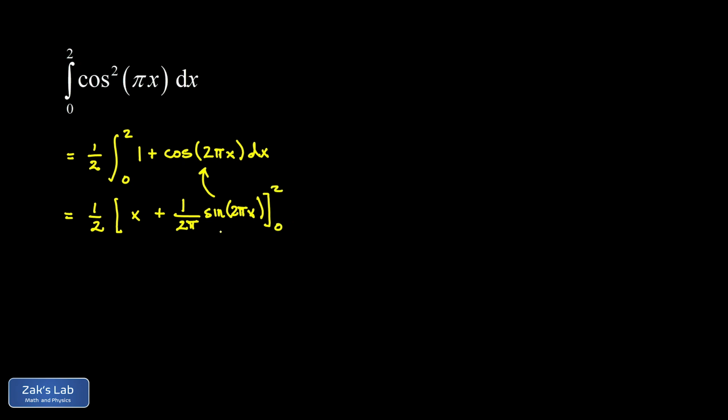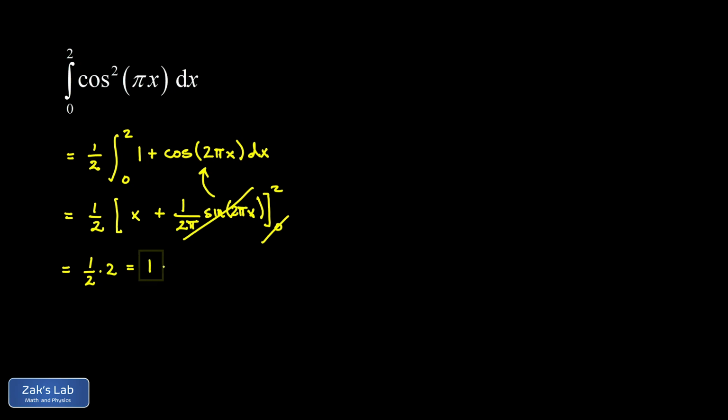And let's focus on that sine containing term real quick. If I sub in the upper limit to that, I get the sine of 4 pi, which is 0. If I sub in the lower limit, I get the sine of 0, which is 0. So that whole term is gone anyway. Now if I sub in the lower limit to my x, that gives me 0, so the lower limit is totally irrelevant to the solution. The only thing that matters is subbing in the upper limit to the x. So I end up with a 1/2 times 2, and it turns out the answer for our definite integral is